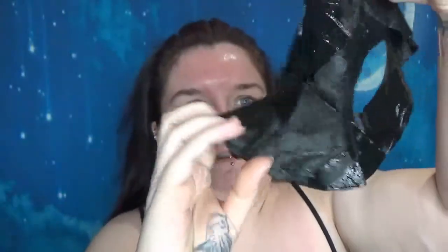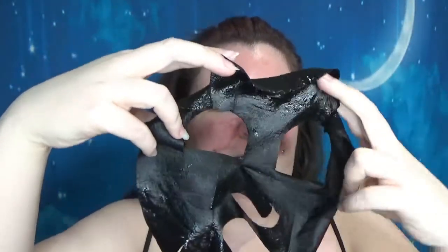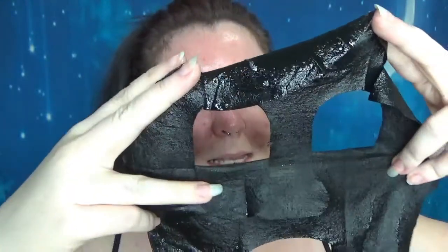And let's see. So this isn't the first time I've used this mask, because I actually thought, there's not going to be much to show you guys, but actually I loved the results. As you can see, we've got quite a bit of lumpy redness and things going on. Last time I used this mask, I did have issues with the shape of it,